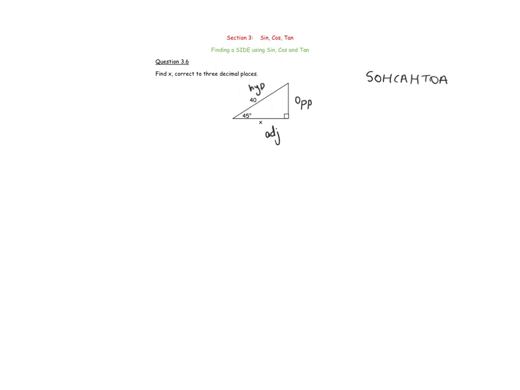In this one here we have the hypotenuse, which is 40. We have the adjacent, which is the x, which we're trying to find. So out of the 3, sine, cos and tan, we're looking for the one that deals with the adjacent and the hypotenuse, and the one that does is cos. The next thing you should do every single time is write out the cos of A, you can write the cos of x, you can write the cos of B, it doesn't really matter, is equal to the adjacent over the hypotenuse,